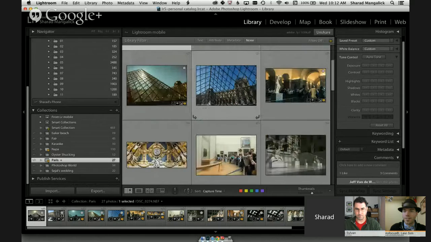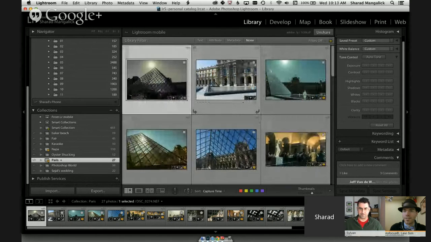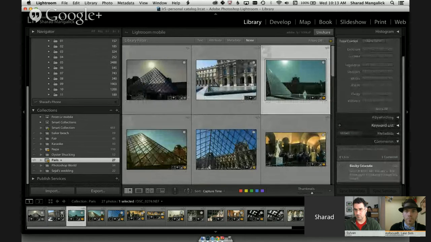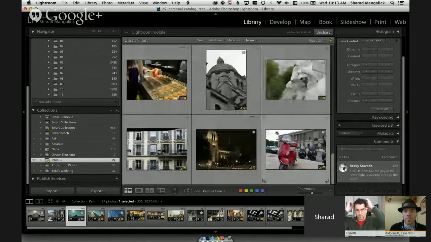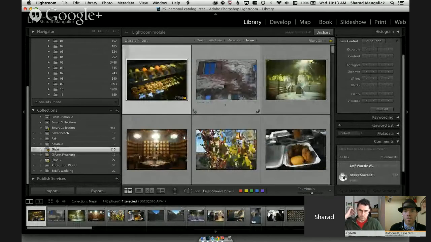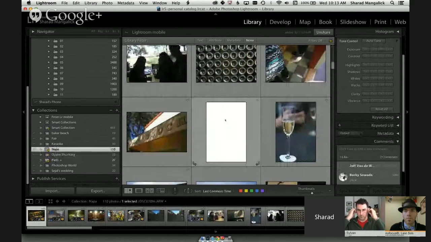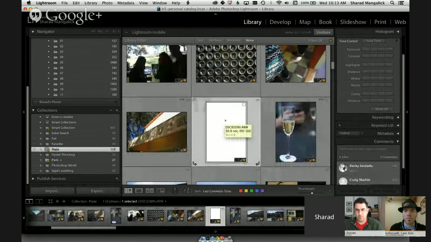Right. So I went through, and I can see that there's this little badge, and that's telling me that there's an unread comment. So if I click on it, I get this comments panel, and I can actually see what these comments are. And so the way that I use it is, if I can find the one that I'm looking for, sorry about this. So there's a photo here, and